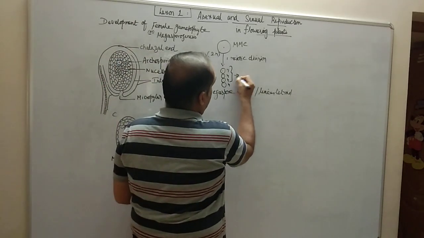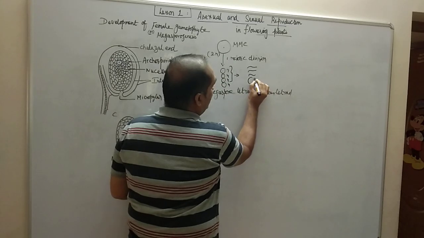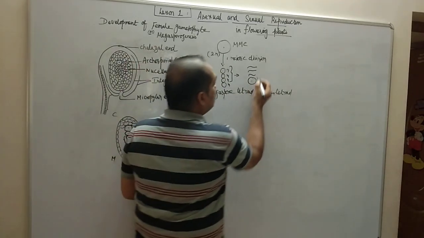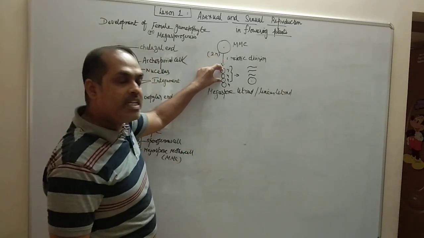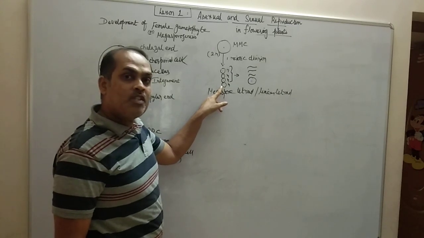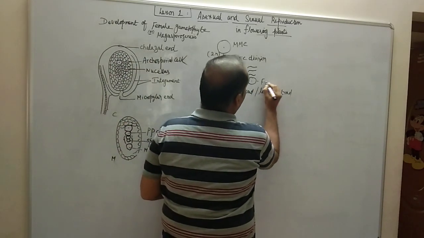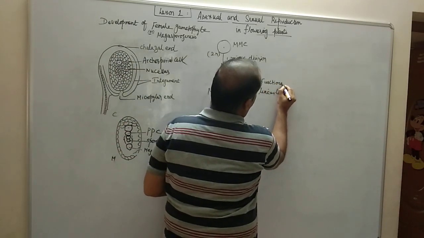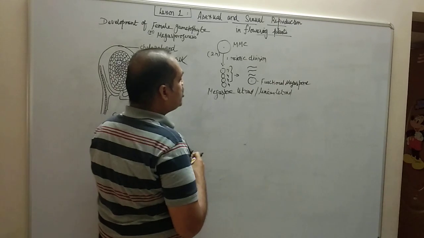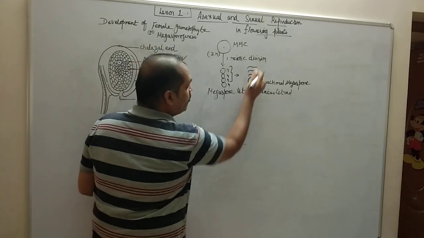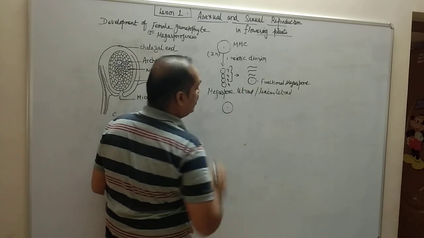So we can draw like this. All these cells which are disintegrated, I am drawing like this, and only one is the functional megaspore. So 3 will remain degenerated, that is towards the chalazal end. These 3 cells will degenerate, and only one megaspore towards the micropylar end will remain functional. So this is called the functional megaspore. Now this functional megaspore, I am drawing it once again. 3 have already disintegrated. Only one functional megaspore. This is the functional megaspore.